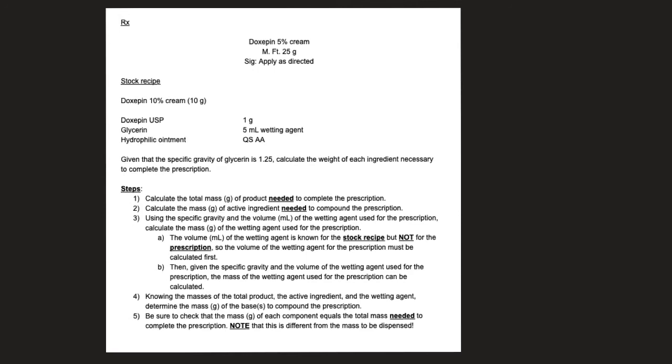So again, number one, we're going to calculate the total mass of the product needed to complete the prescription. So we know the prescription calls for 25 grams. So step 1, 25 grams plus 25 times 10%, or you can do 25 times 1.1, gives you 27.5 grams